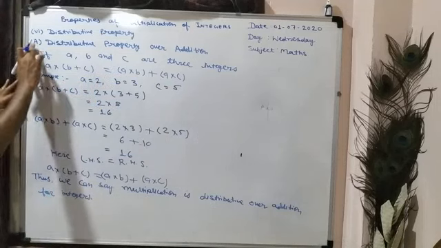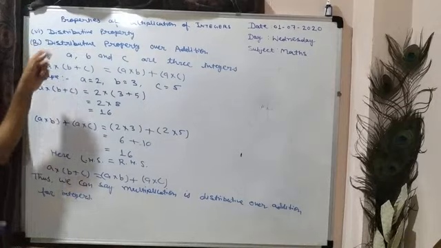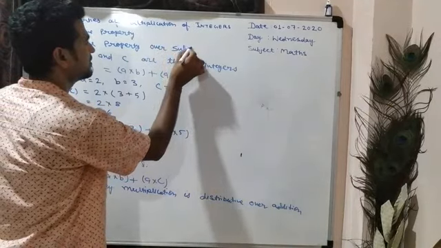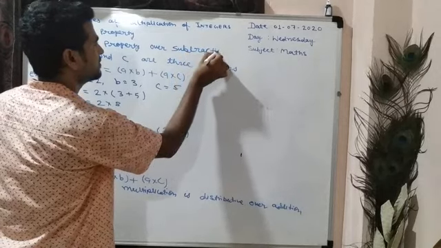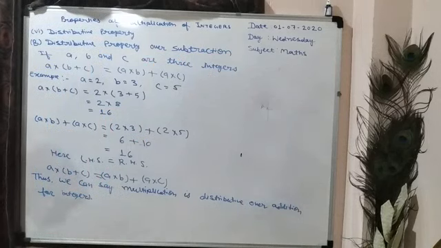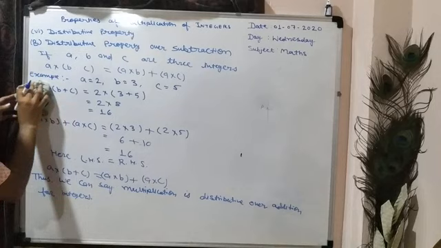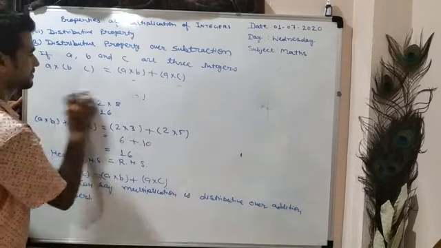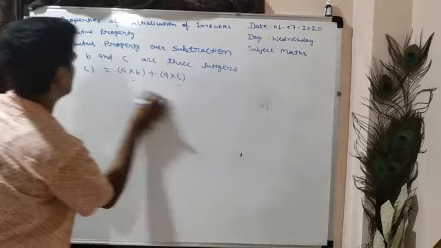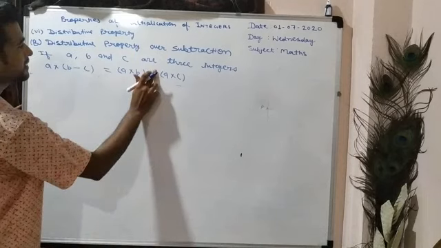Now the second part, that is the B part, distributive property over subtraction. So here what can we write? A into B minus C, it will be equal to